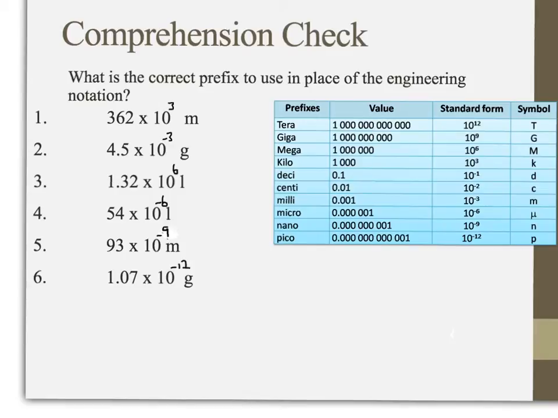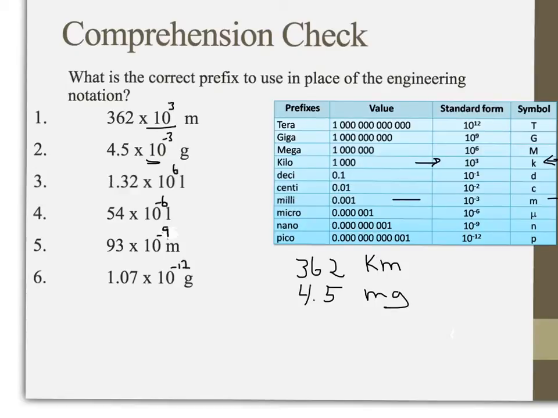So in order to do this, I just need to replace the multiple of 10 with the symbol that represents that value. So in the first one, I have 10 to the 3rd. If I look on the chart, 10 to the 3rd is right here. It's a kilo. It could be represented by the symbol small k, so that can be written as 362 kilometers, keeping the same units as up here. 4.5 times 10 to the negative 3 grams. That 10 to the negative 3 can be replaced with a milli, which is represented by small m, so 4.5